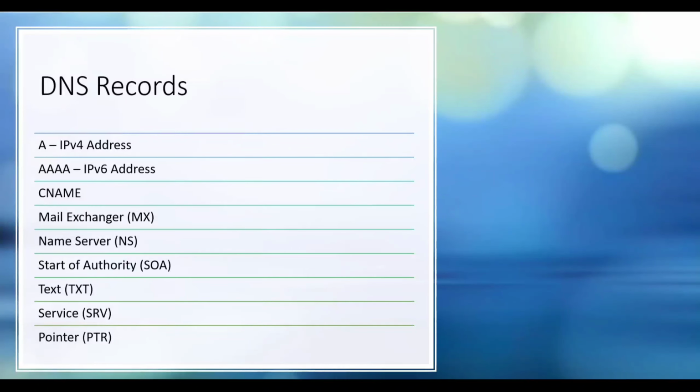This record also contains information about the contact details of the domain administrator, the domain serial number, and other information of the DNS zone. So this is what the start of authority is.